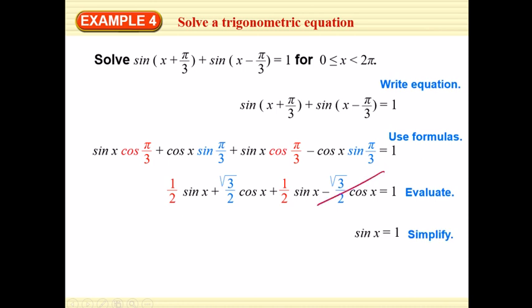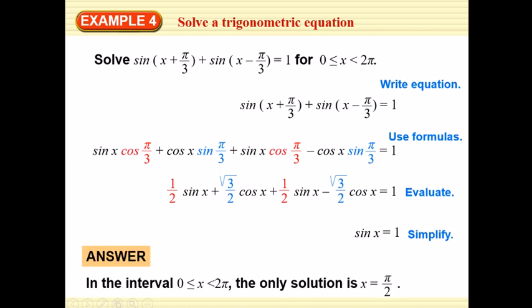And we see that this positive radical 3 over 2 times cosine of x minus radical 3 over 2 times the cosine of x cancel out, and I am left with this 1/2 sine x plus 1/2 sine x, which gives me that 1 sine x, which you don't even have to write that coefficient of 1 in, it's just sine x. And since that equals 1,